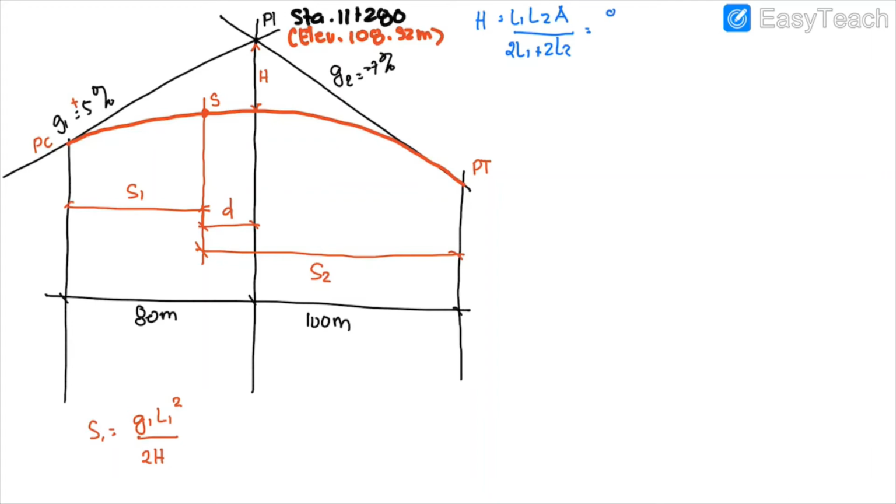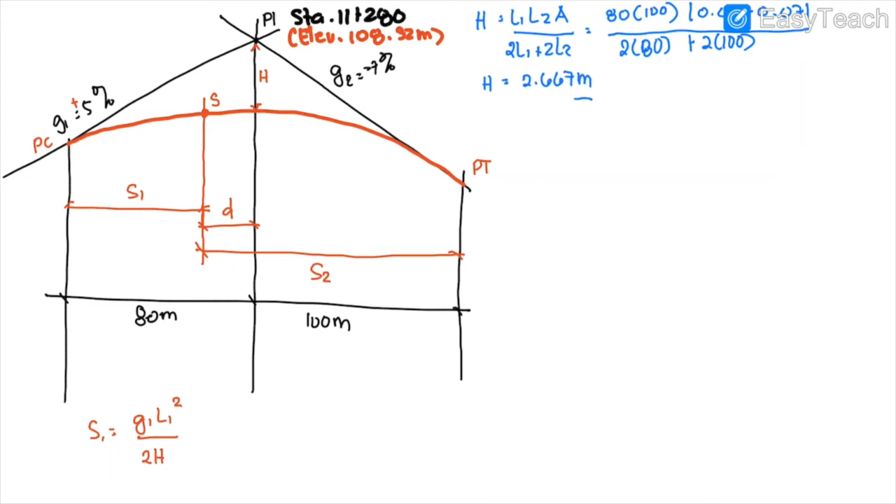L1 left side is 80 meters, right side 100 meters, and A is the absolute value of G1 plus G2, 0.05 plus 0.07. Absolute value ha, baka nakakalimutan nyo. Absolute value over 2 times 80 plus 2 times 100